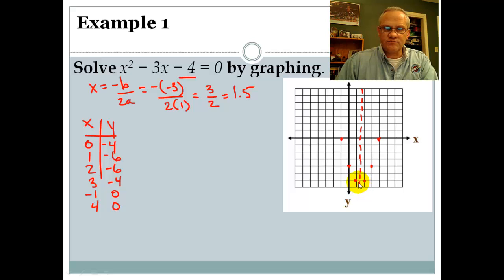And if we wanted to, it's probably not super important at this point, but if we wanted to find out what the actual vertex point is here, we could plug 1.5 back in to this and find out the exact point there. But it's just going to dip a little below there, and for our purposes right now, it's not really important, because our purpose is